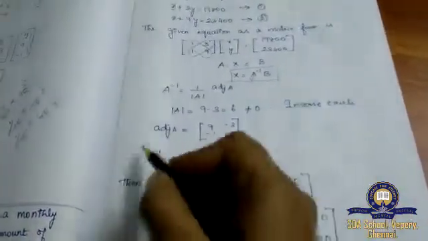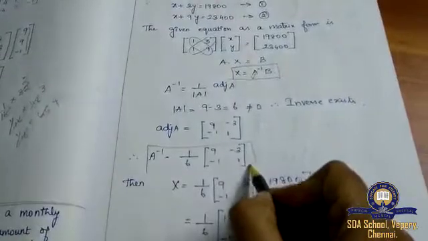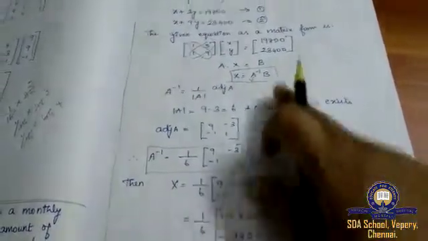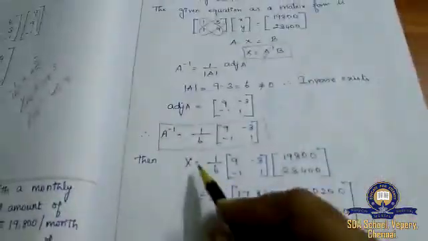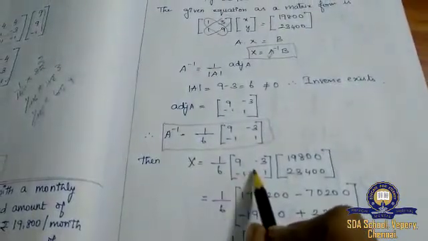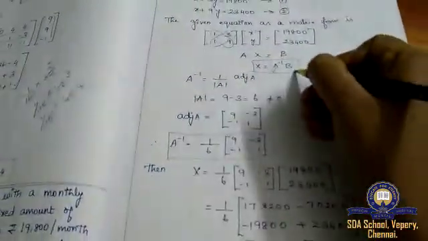So at last we found the value of A inverse, and the next thing is, we need to substitute A inverse in the X value. So X is equal to the A inverse value. Next, B. So what is your B here?